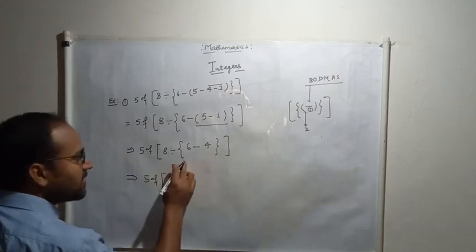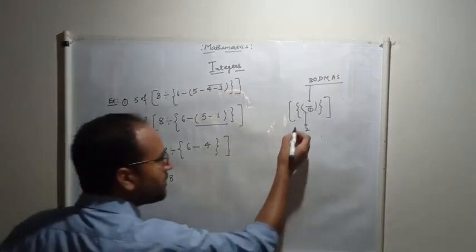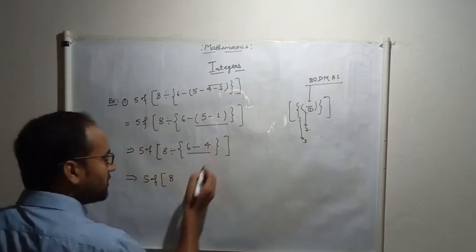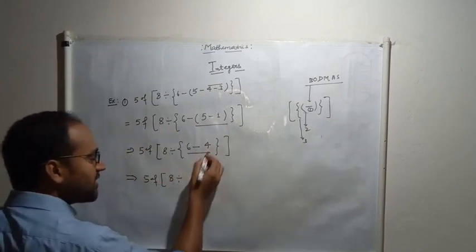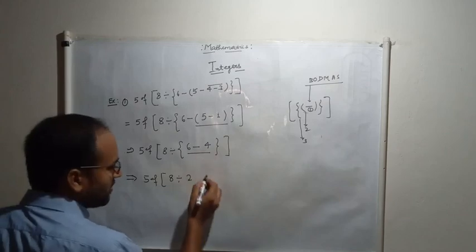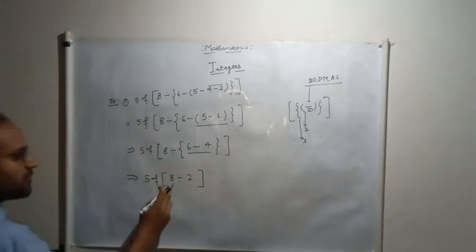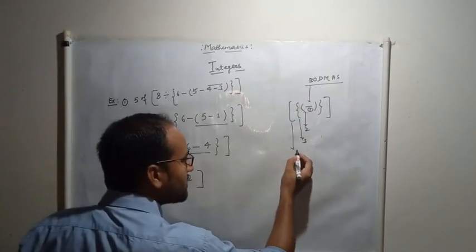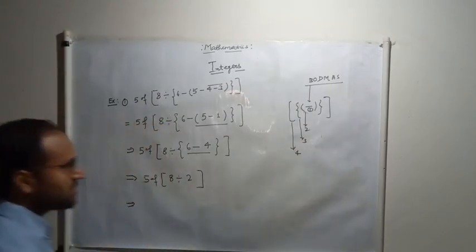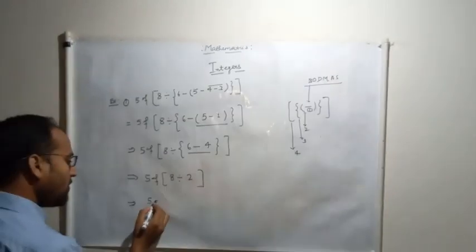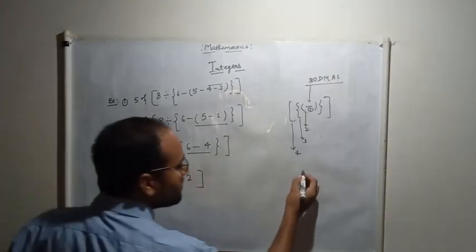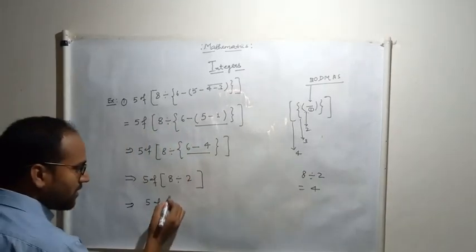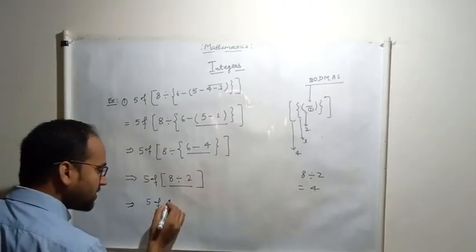8. Then after, I am going to solve this curly bracket, the third bracket, 6 minus 4. You know that the division sign is there, 6 minus 4, you get it, and remove this curly bracket. Then after, I am going to solve this last one, the fourth bracket, 5 of, and you know that 8 divided by 2, what do you get? You will get 4.